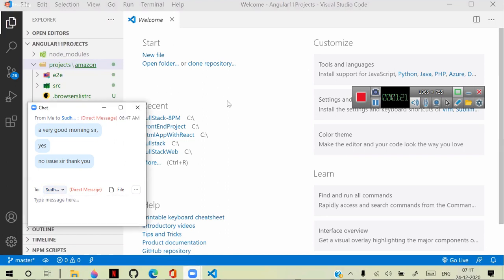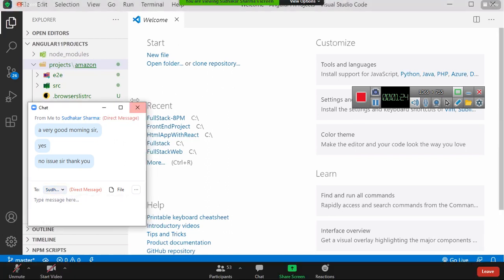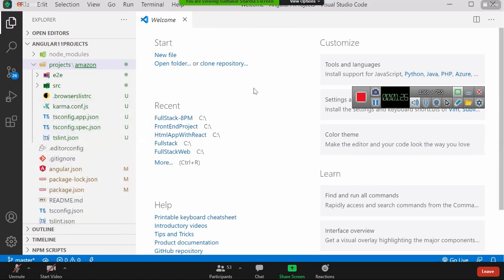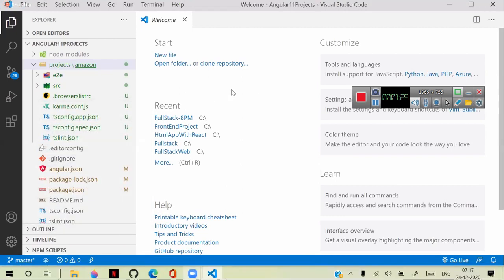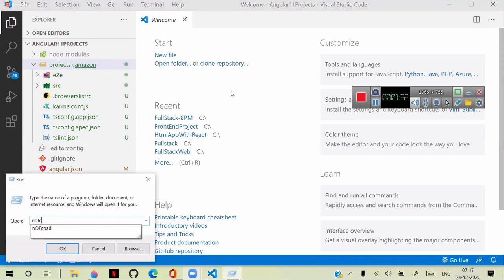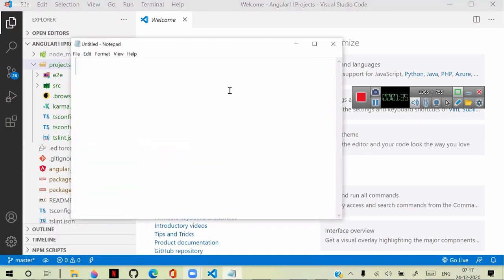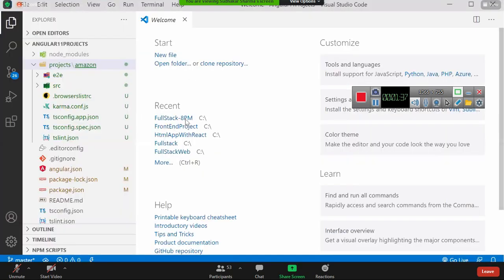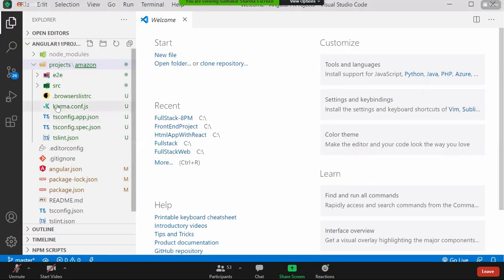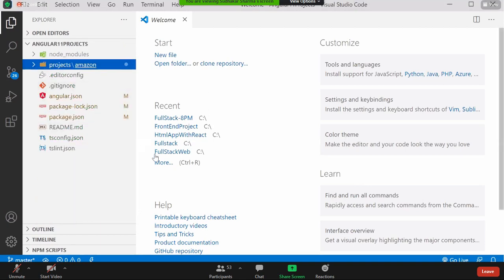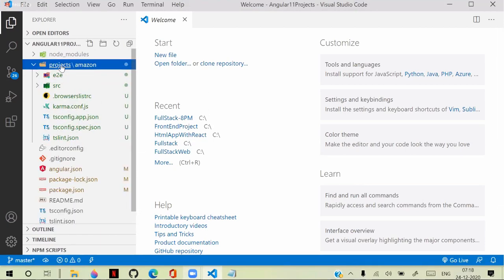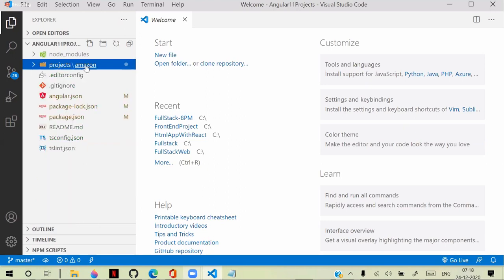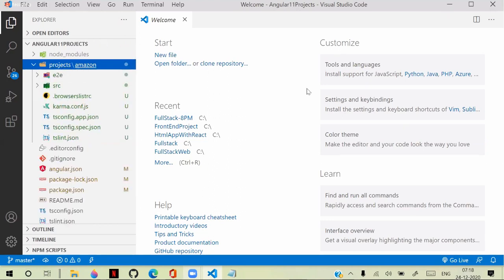So now once we are ready with the application and workspace, yesterday we discussed the file system of the workspace, what the workspace contains. And after we created an application, you can see we have a projects folder. In that, Amazon is the project. Amazon is the project. And once we run that project,